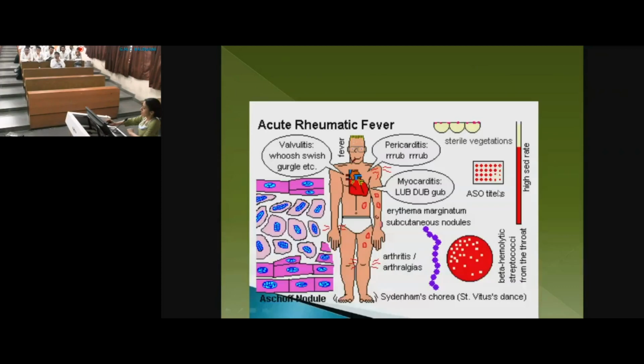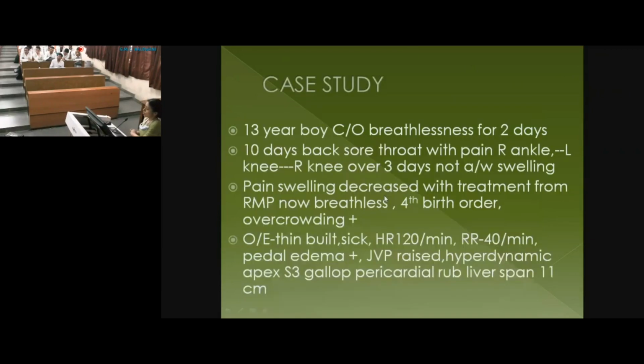So this is just in brief. You find the valvulitis, you find a pericardial rub, you find myocarditis, edema marginatum. So you can form a picture in your brains so that you remember all the features. I just got this, I thought if you can remember some things, you find a picture that all these parts of the body are involved. It's for you to remember. So now I'm just going to randomly ask you.